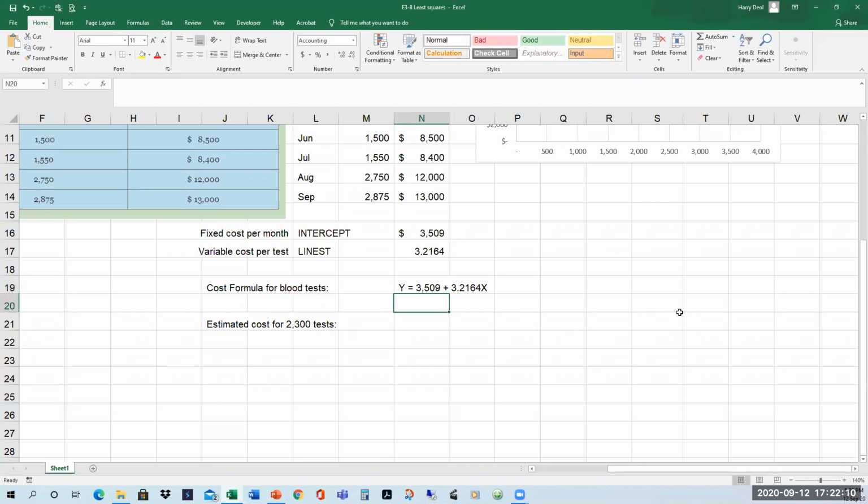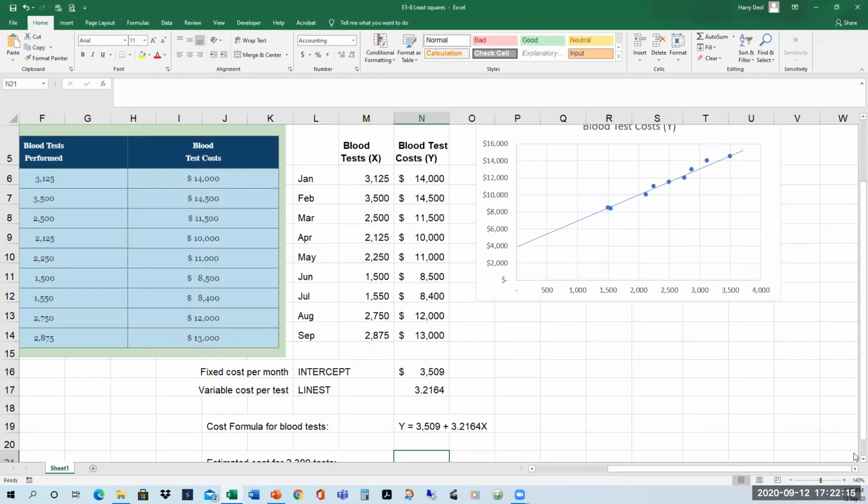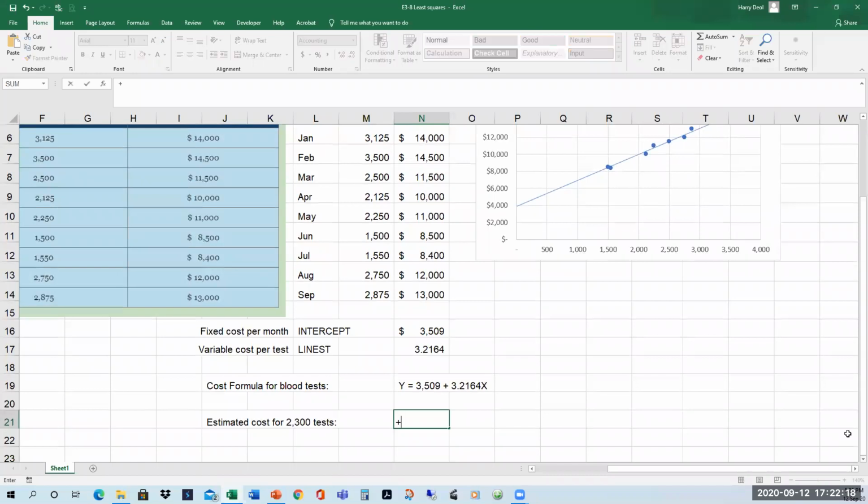And if I had to calculate the estimated cost for 2,300 tests, I want to use Excel to do the math. I would say, okay, so Y equals 3,509, so that's N16. I click on that cell, plus this is the variable cost, 3.2164, whatever is stored there, times, so for multiplication in Excel, you've got to use the asterisk symbol, and X is 2,300. So I type in 2,300 and I press enter. I get